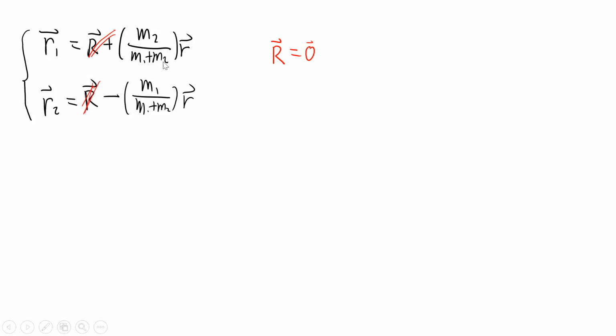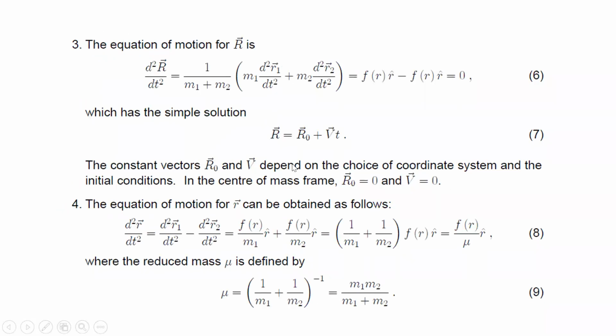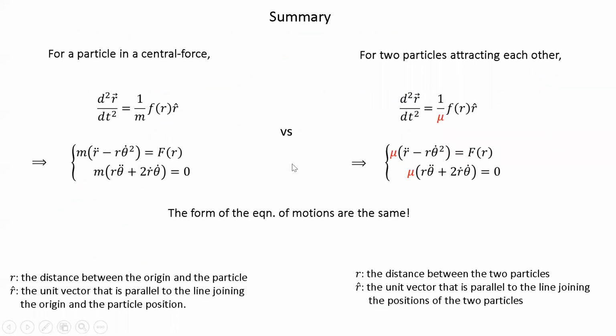Once you find the small r, you'll be able to find R1 and R2 individually, just multiplying your answer by this factor over here. So now you can see we really don't need to go through new mathematical derivation. These two slides are just repeating what I had. But what we really do,